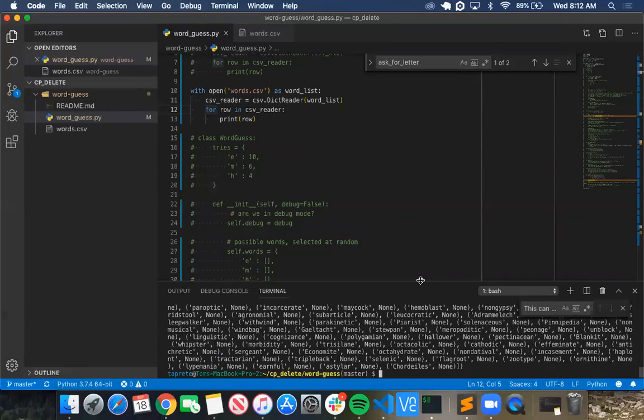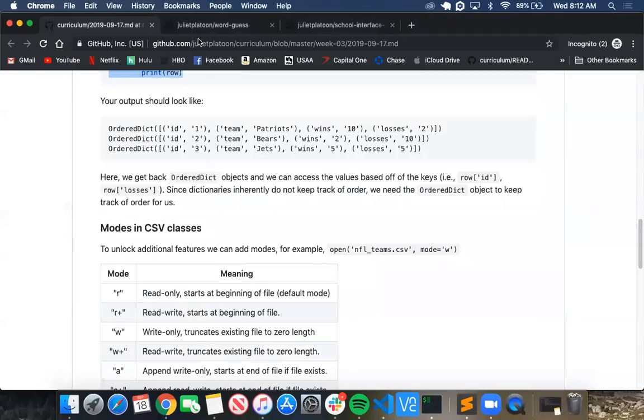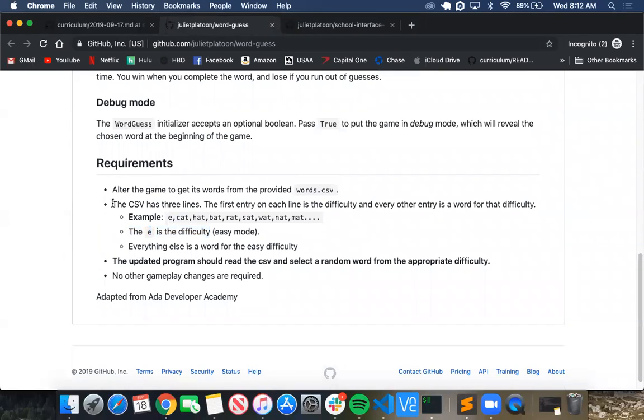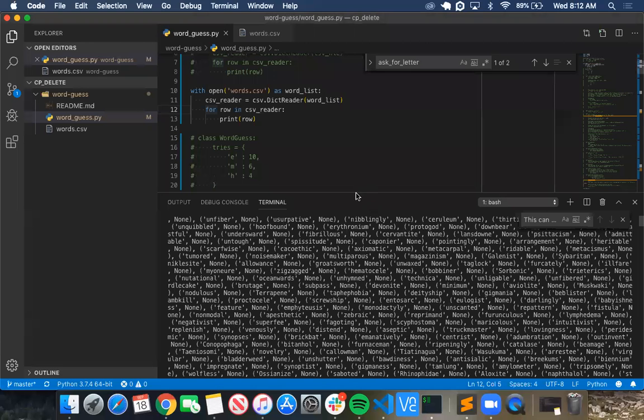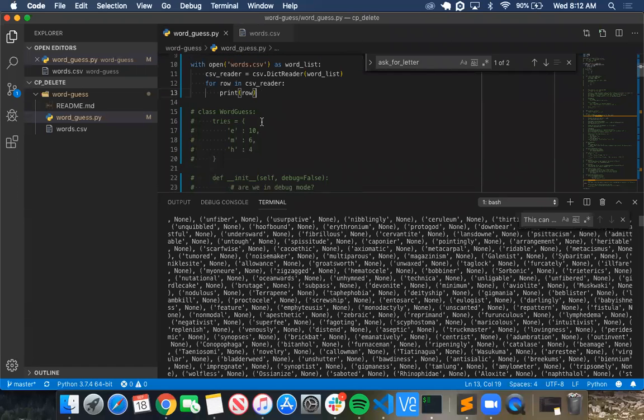Whoa. Okay, we printed something. But now if you go back to the challenge, what are the requirements? The CSV has 3 lines, so we can correspond each line to a row. The first entry on each line is the difficulty level, and every other entry is the word for that difficulty. So if the first entry on each line is the difficulty level, how do I print the difficulty level? The first entry, which is the first index on each line, which is essentially a row,